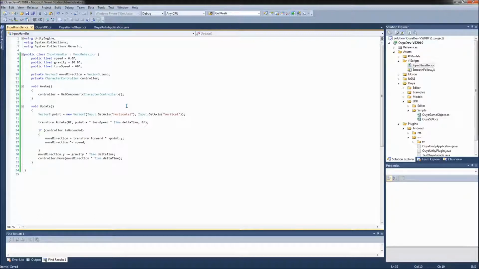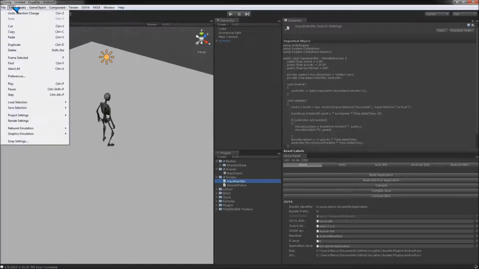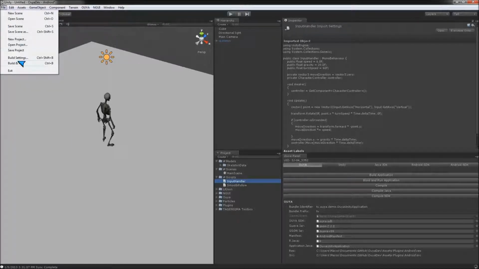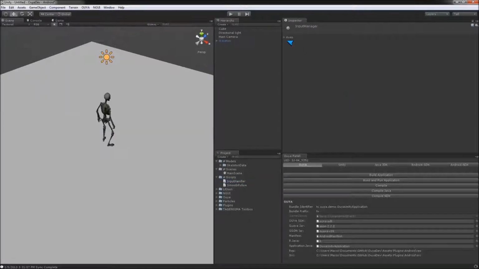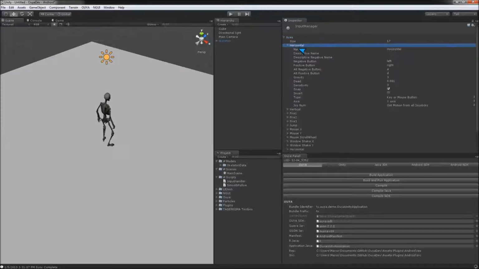This would be if you were to have a controller set up in your input in the project settings. So if you went into project settings here, so edit, project settings, input, under axis here, you have your horizontal and your vertical. So that's where it's picking this up. This is your default Unity functionality. But what we really